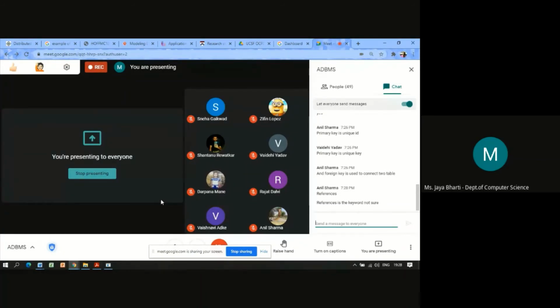So suppose you have two entities, customer and order. These are the two tables you have. Customer places an order, so I want to connect these two tables logically. Or employee and department, like employee works for the department. So these two tables are logically connected. Now, how am I going to create the logical connection?